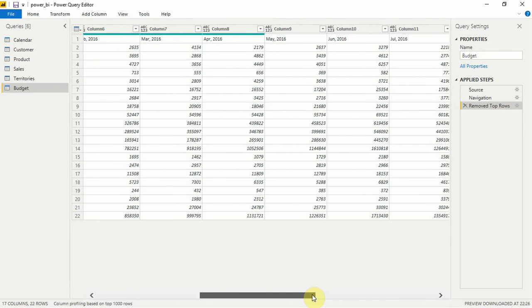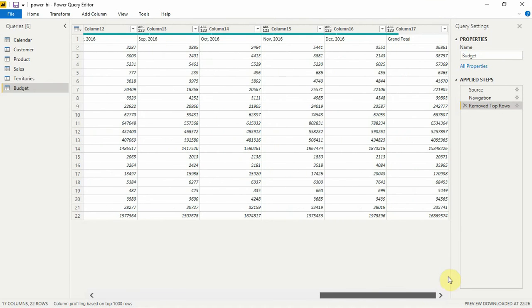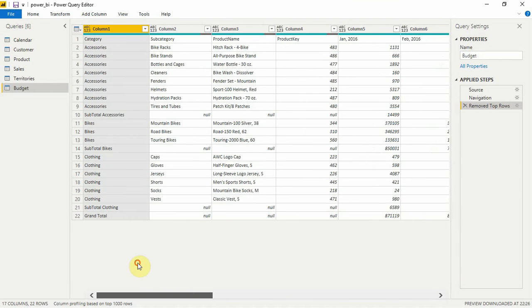So now we'll remove these total columns. Okay, this subtotal, this grand total.